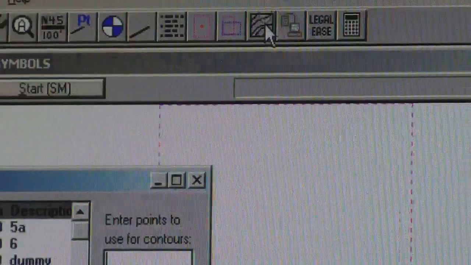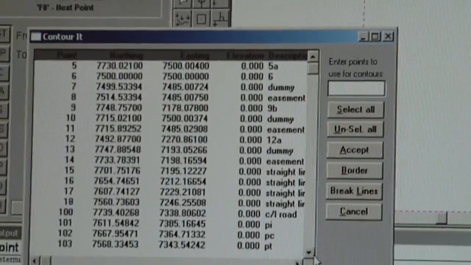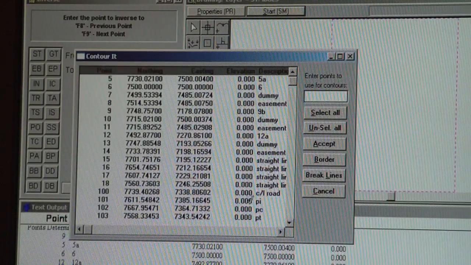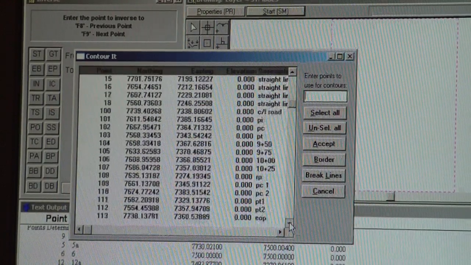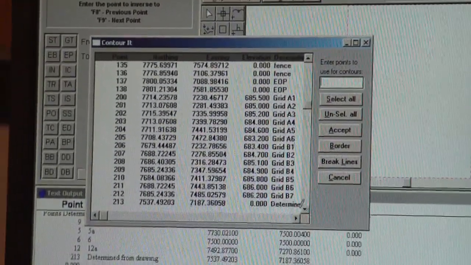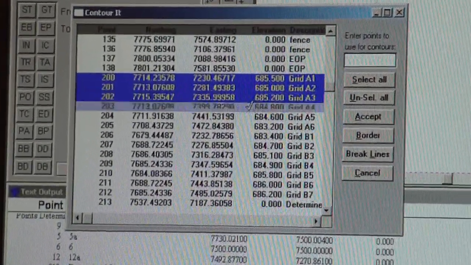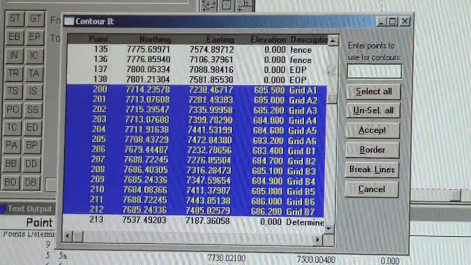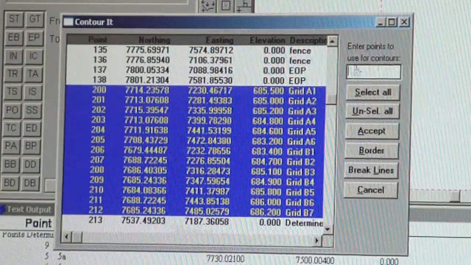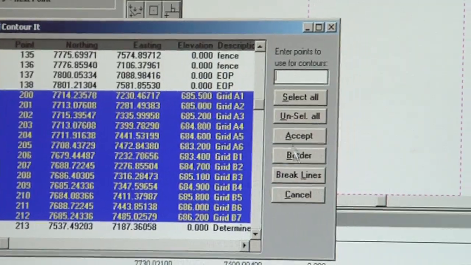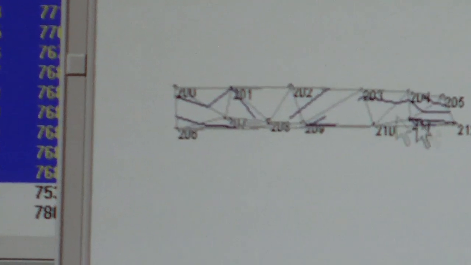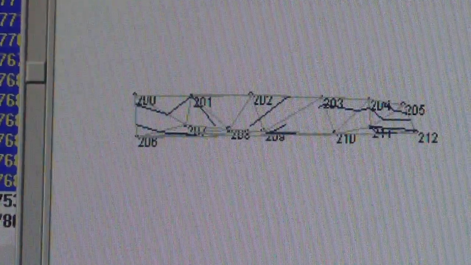So we click on contour it, and again we get another database. Anything that has an elevation on it, I'm going to include. None of these have elevations, they're all zeros. So we will skip those and we will pick only these. So I can highlight them, or I can put a point string, 100 through 599, or whatever it may be. So then we're going to accept this, and this thing will go through a little gyration. And what it actually does is some triangulation,